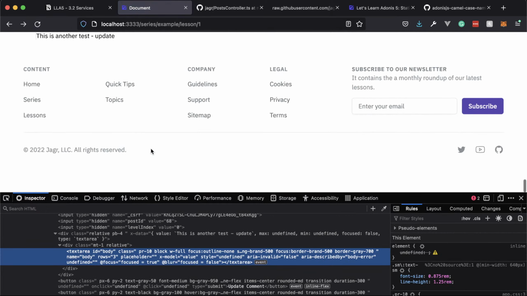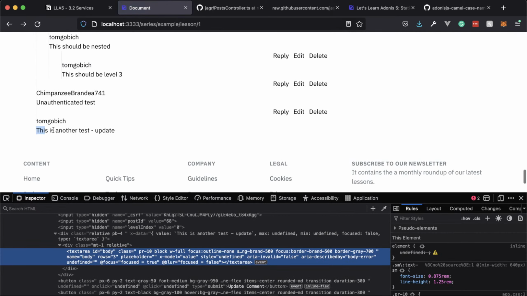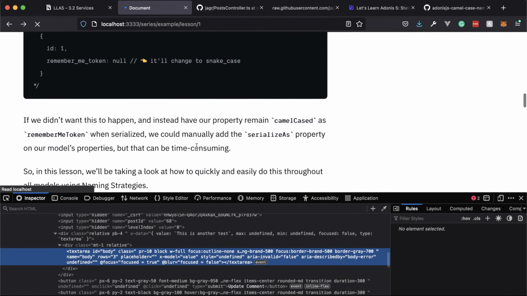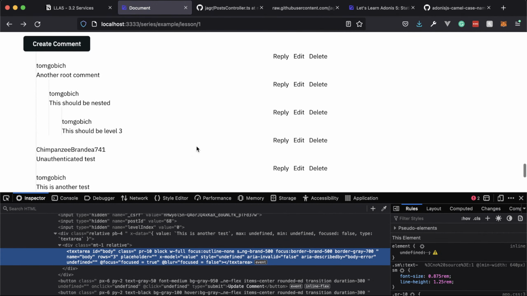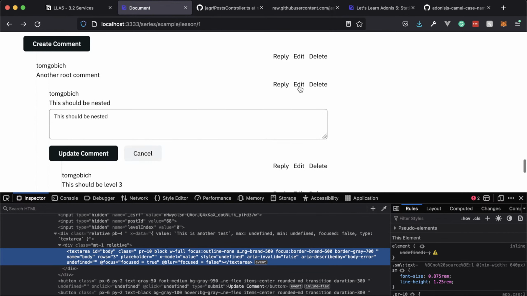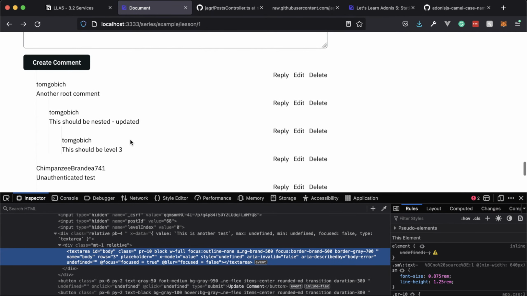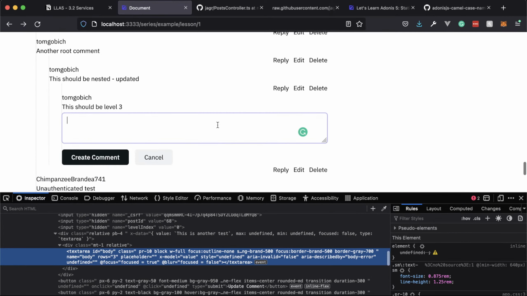So we got redirected back, and now you can see, boom, this got updated. If we edit, there it is. We can get rid of it. And it should happen again. It should be gone. There it is. We can do that with a nested one. So if we edit this guy here, updated. Voila. And if we go ahead and reply to this comment,